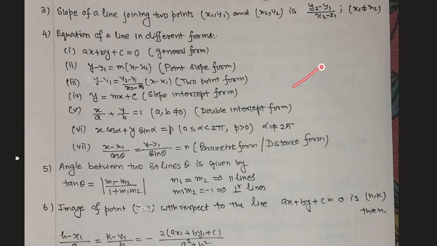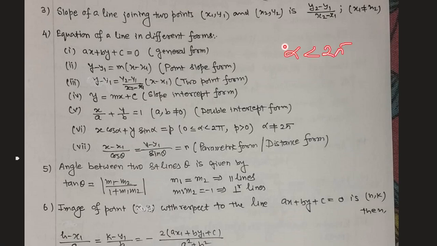Now another form is known as the normal form. If your line is given, and the perpendicular distance of this line from the origin is small p, which is positive, and this perpendicular makes the angle alpha with the positive direction of the x-axis, and the alpha is always lying between 0 and 2 pi,